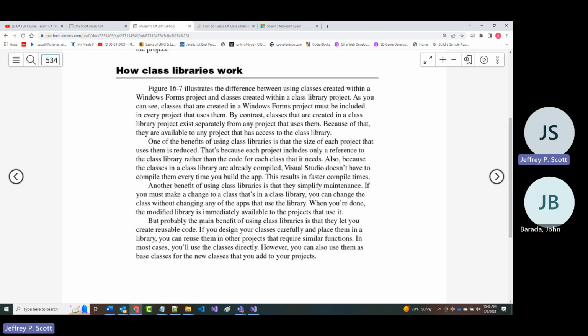Now, I was trying to think of a decent example or analogy to this. Back in the day when I was your age, if I wanted a book from a library, I'd go to the library. If they didn't have that book, I was kind of stuck.